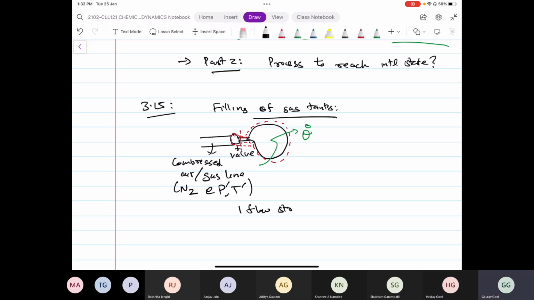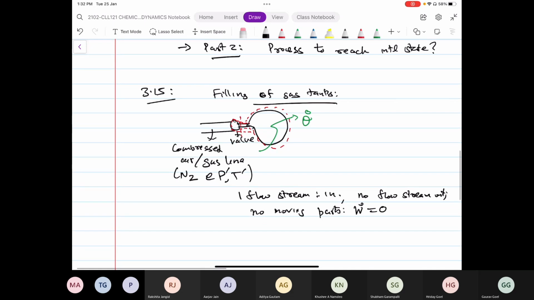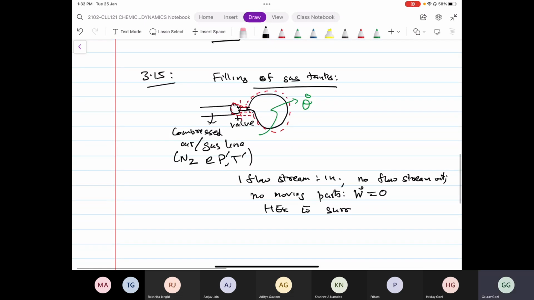So looking at the problem statement, there is one flow stream coming in, no flow stream going out, no moving parts. So work rate is 0, and there is some heat exchange with the surroundings. Okay. Here clearly the change in kinetic energy will not be equal to 0 because